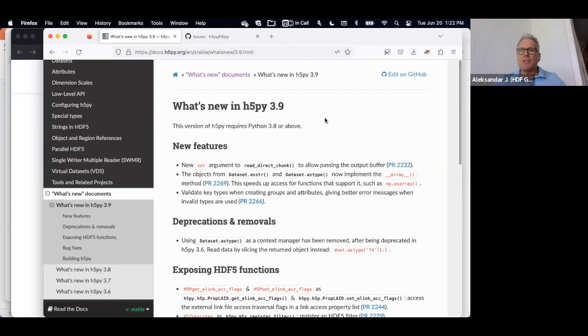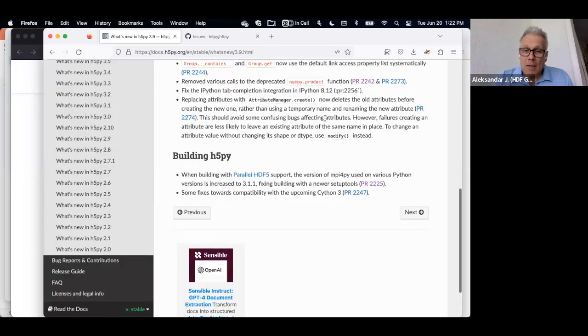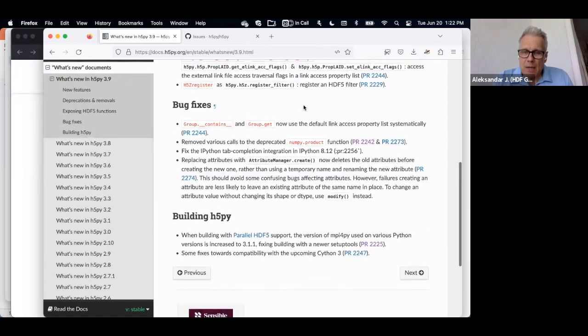I know that the HDF crowd tends to like supercomputing and HPC, so there were quite a few issues raised in the last several months trying to build h5py on some HPC systems. The problems with the build didn't have anything to do with the HDF5 library or with h5py.